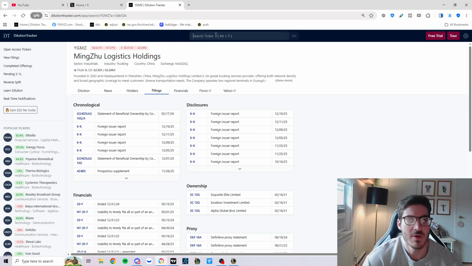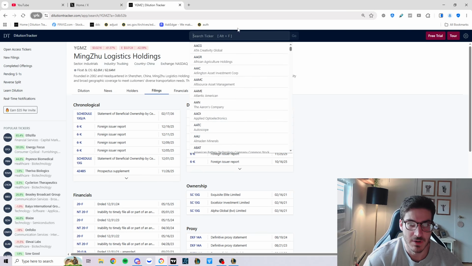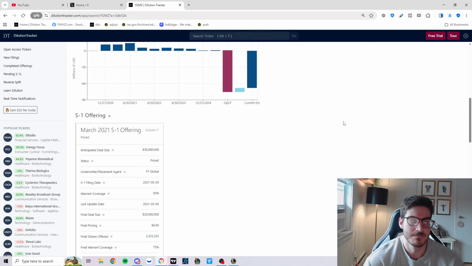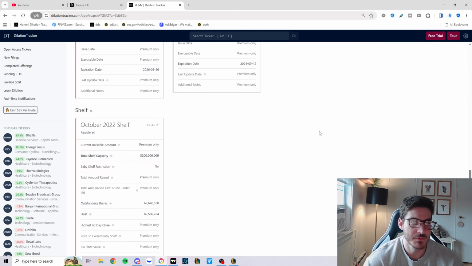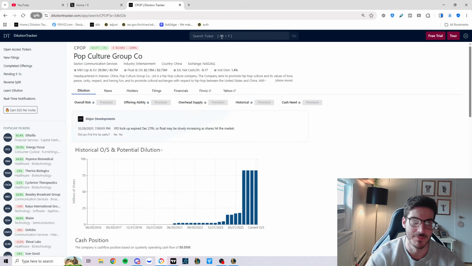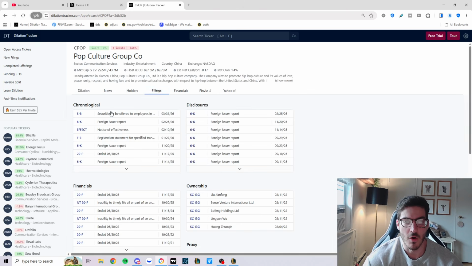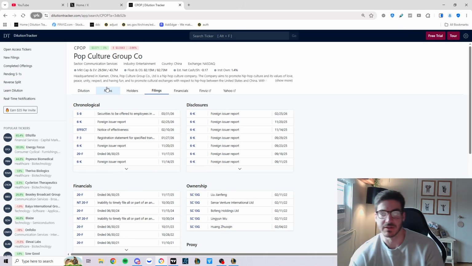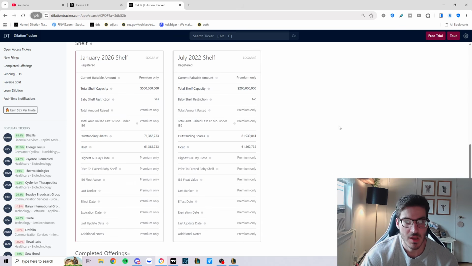So then you have other things like ATMs, right? You have private placements. You have shelves, right? I'll give you an example. CPOP was a stock that we were looking at, okay? So not all effects are because of F1s or S1s or S3s or F3s, whatever the case is, right? Not all of them are for offerings. Some of them are for shelves. So a shelf is